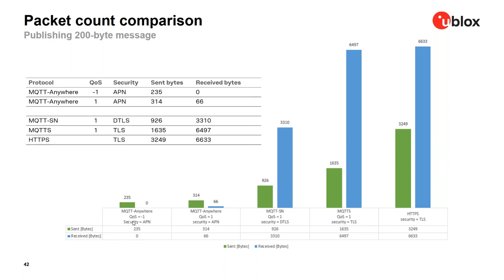So what I would like to highlight, if I want to summarize, is that the overall cost of any IoT solution, for example sending 200 bytes of data, is partly fixed. It's more related to the network, and to the fixed amount of work that needs to be done. But part of it is a variable cost, and it depends on the architecture and the design, and which protocol and which service you want to use.